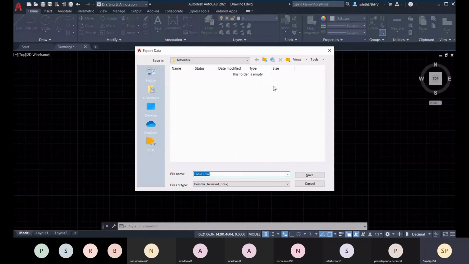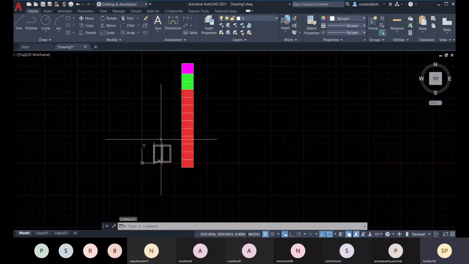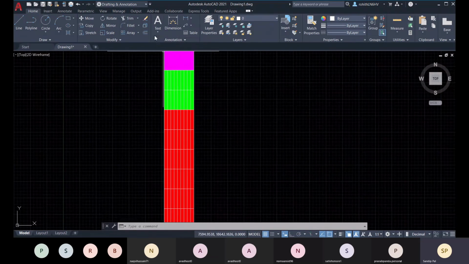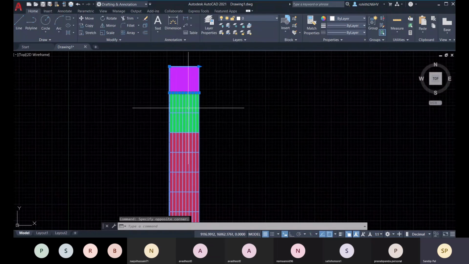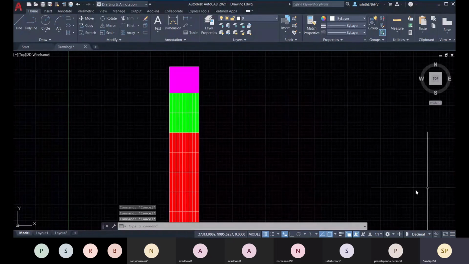So if you create it with a table, only then can you export it to Excel. Otherwise, if you create it with lines and fill it manually with text, you cannot export it as an Excel file. Only if you create it with a table, and fill all the data within this table, then only can you export it as a CSV file. Okay, that option you have.